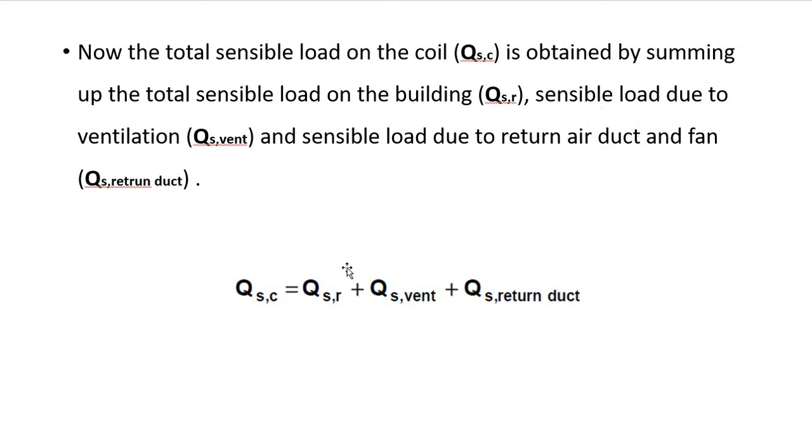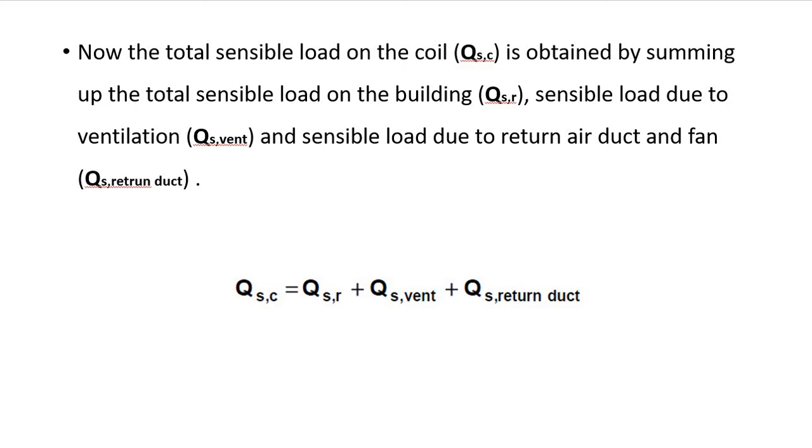That load is QS vent, the amount of energy absorbed for reducing the dry bulb temperature of ventilation air. QSR is the cooling load in the room. And third one,